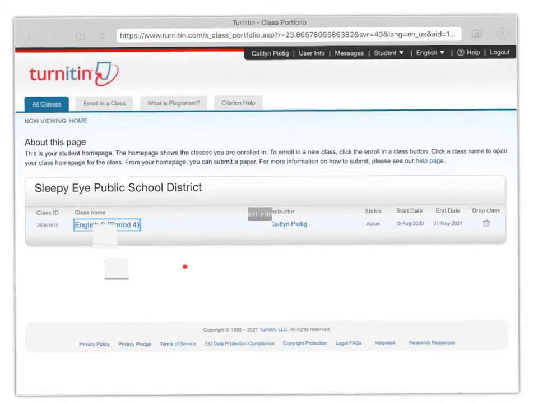Another thing that's going to be important here are these dates. So the start date here shows you when an assignment was created for you. A due date here shows you when that assignment is due and what time it's due. And then a post date is when you'll be able to see feedback from me. So this might change just to give myself some time